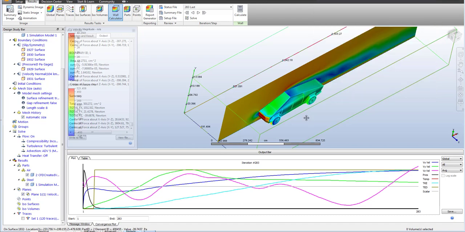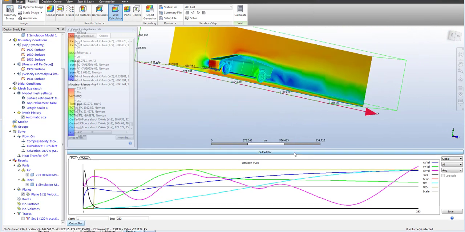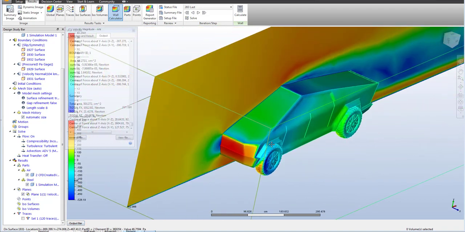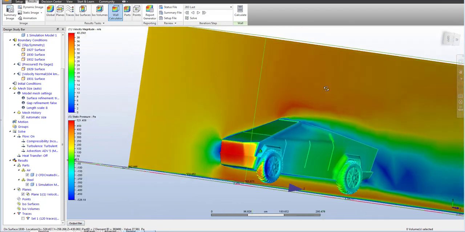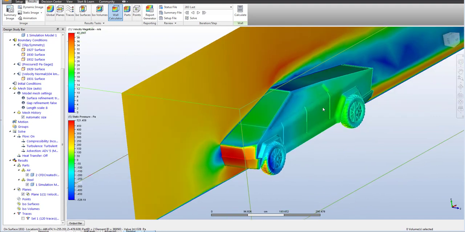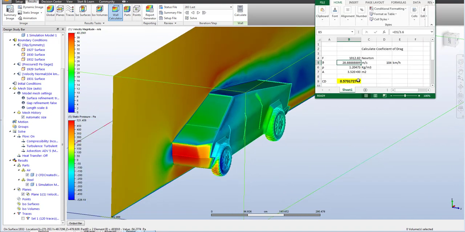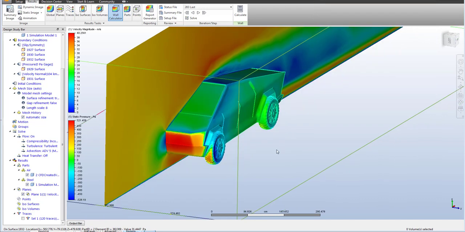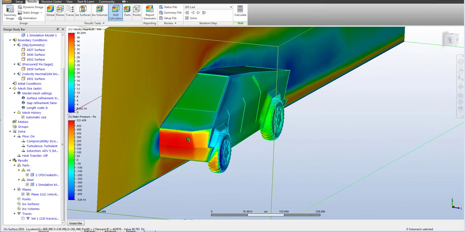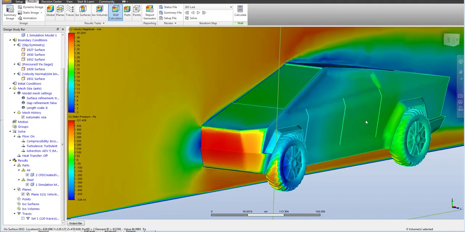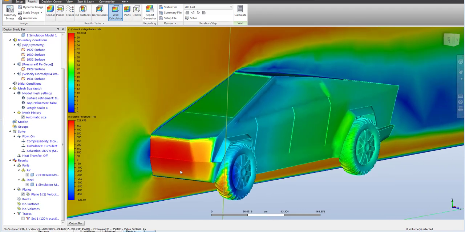It is a bit higher than predicted, because some people have a discussion on the internet saying this car can achieve at least 0.4 drag coefficient. They use another software, or maybe I think it is because of the complexity of the details here. So in this particular car,